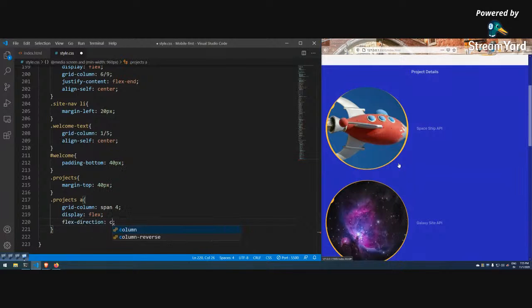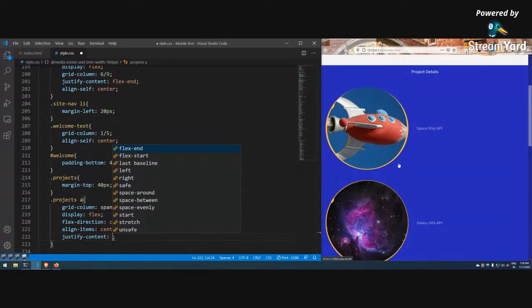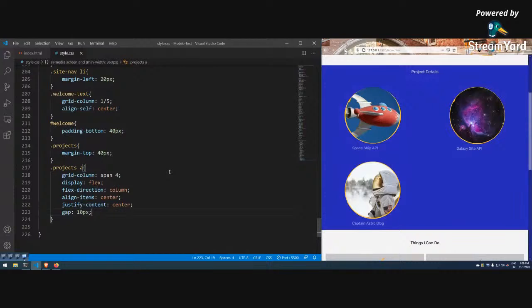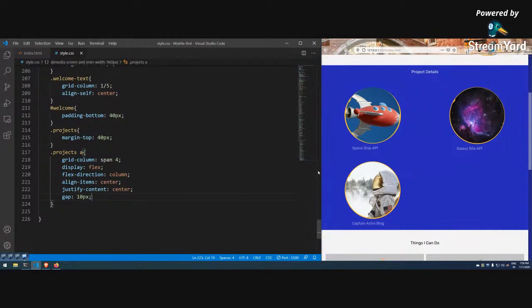direction column, align items center, justify content is center, and gap is 10px. So we want it like this,